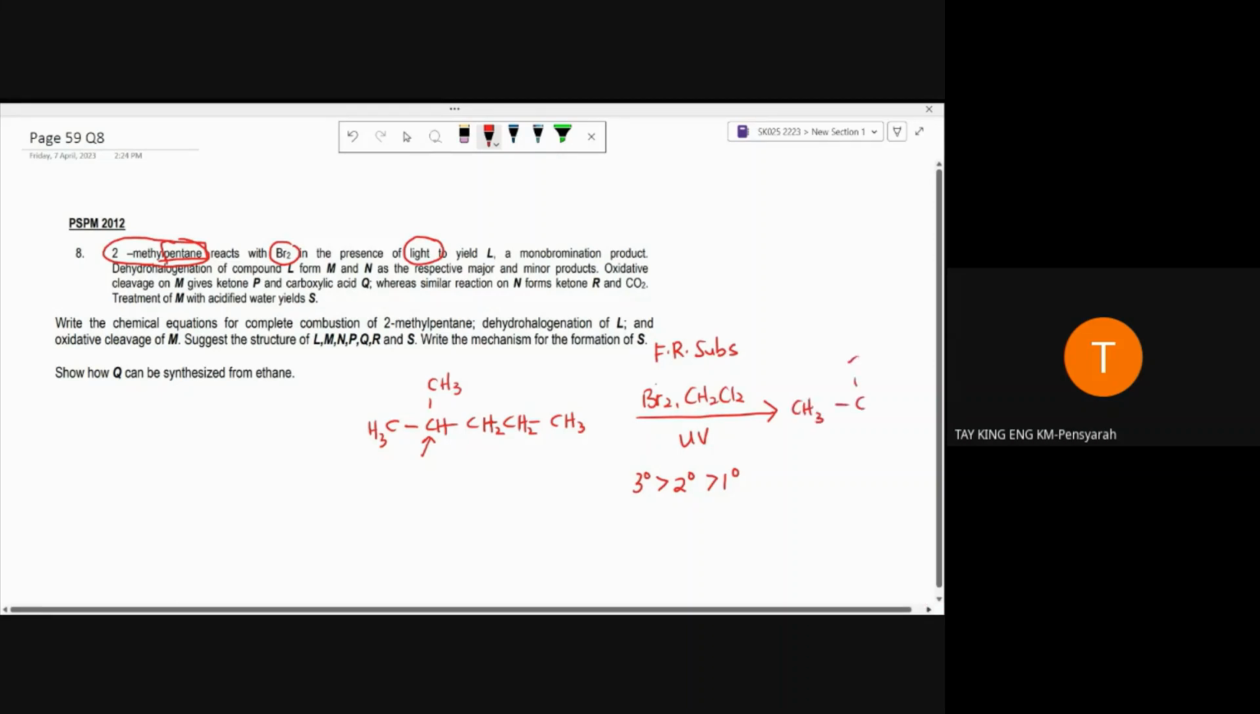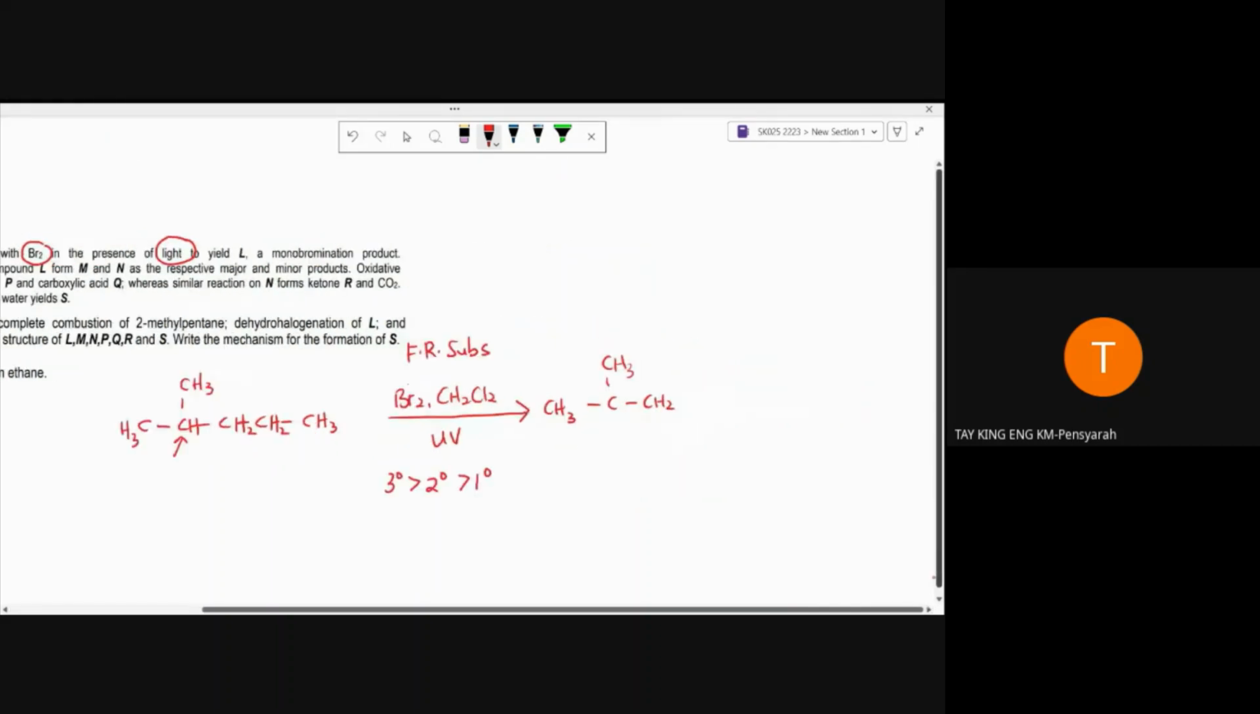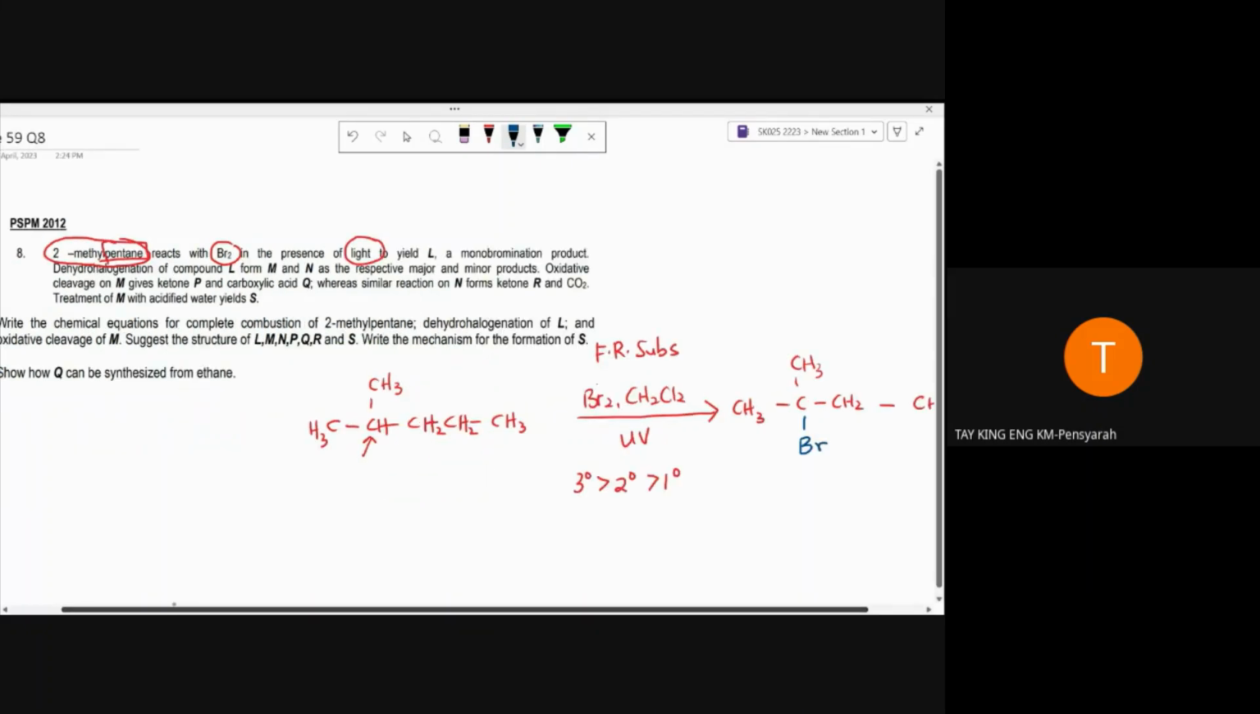The other CH3 structures, like I said, we just maintain. CH2, and then CH2, CH3. The tertiary hydrogen will be replaced by Br. They also give us a hint, monobromination. Mono here means 1. Only 1 hydrogen will be replaced. Then they tell us that